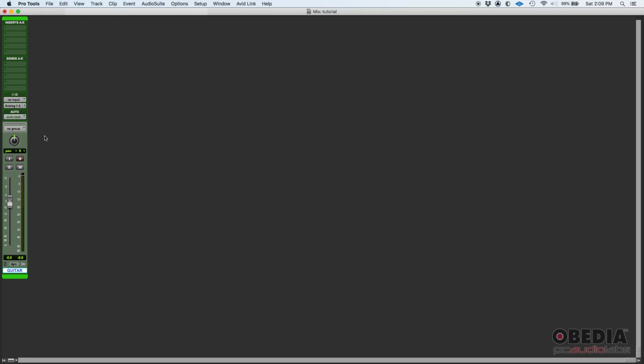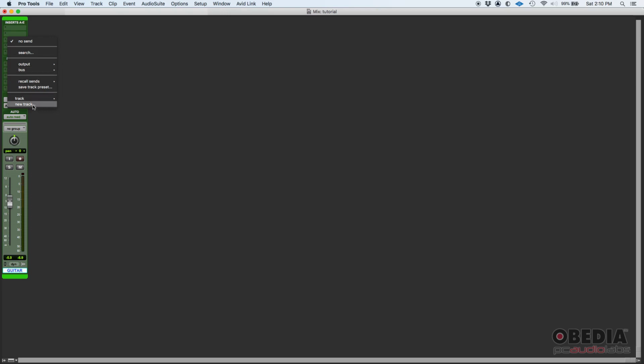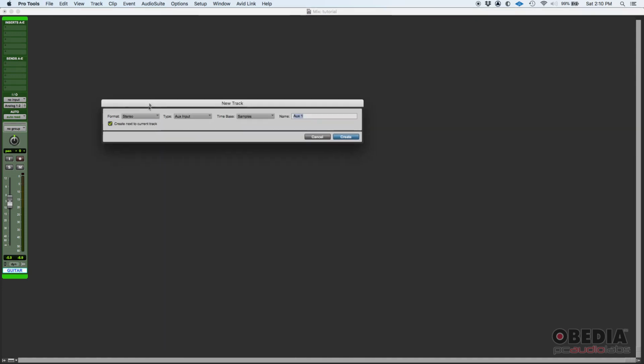So how do you do that? Well, if you go here in Sends, and you simply click on an available slot, you've got some options here. You can send to a bus, and then set the input of the aux to this bus, or you could easily just click on New Track. Check this out. New Track, and you want to do a stereo aux input, samples, time base, and then let's call this